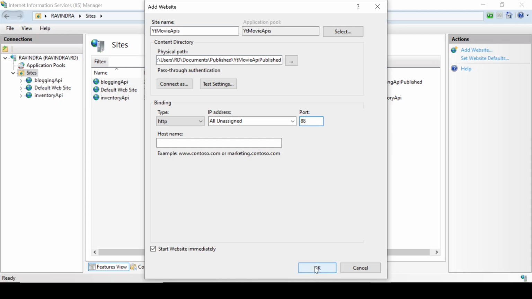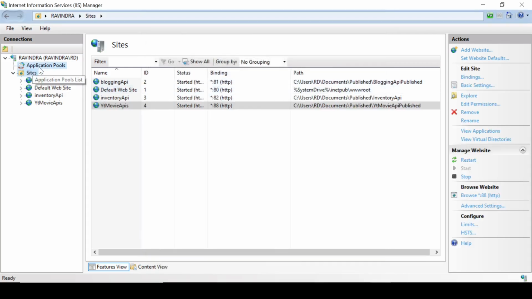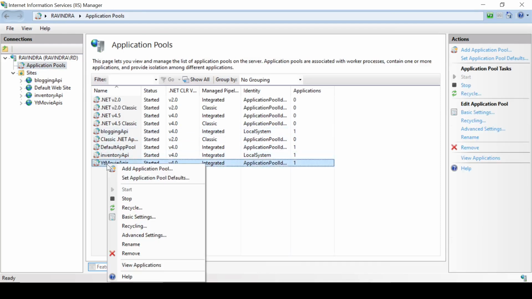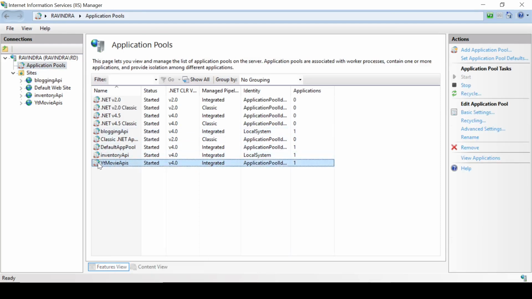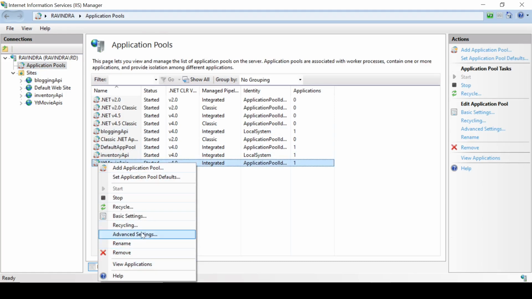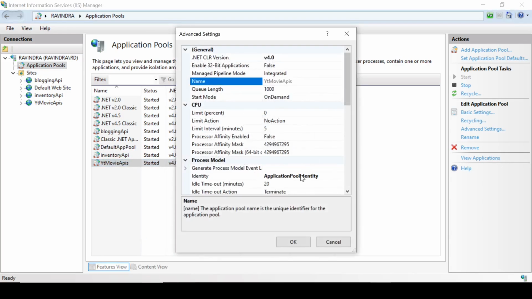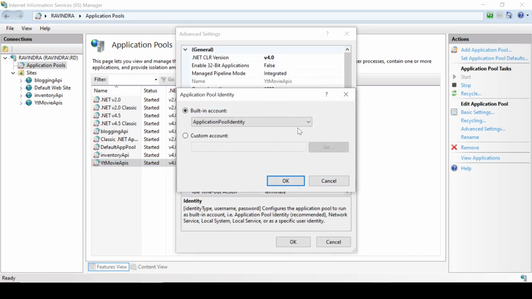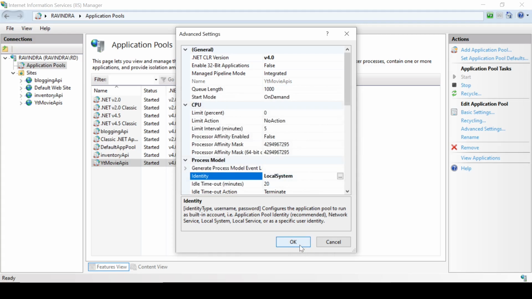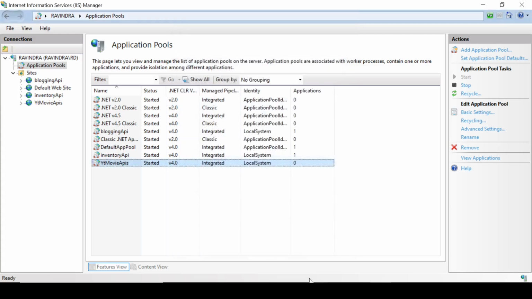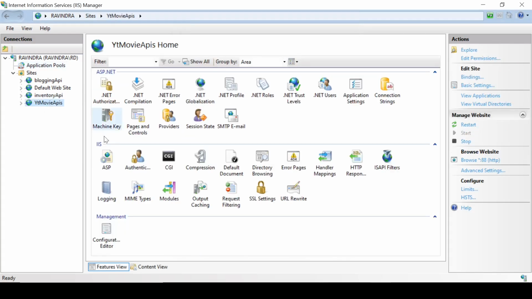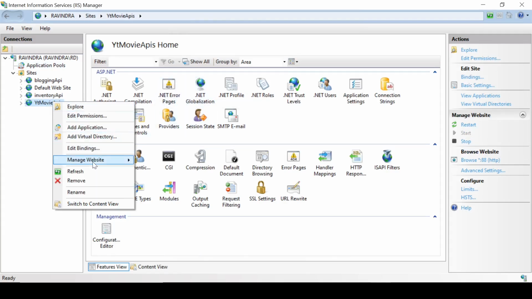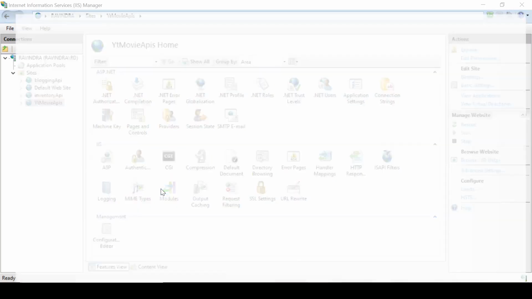Port 88. Okay, now click here on application pools, and here YT movie APIs, click on advanced settings and change its identity to local system, then click OK. Now here manage website and browse,